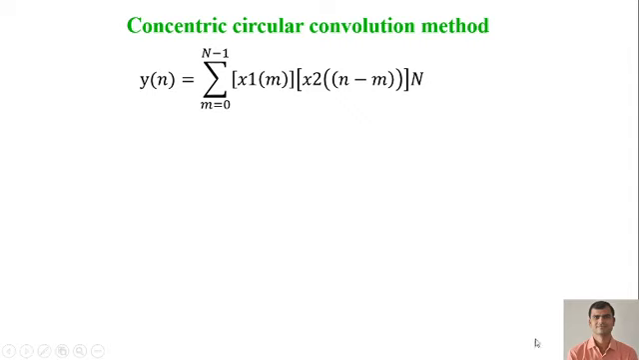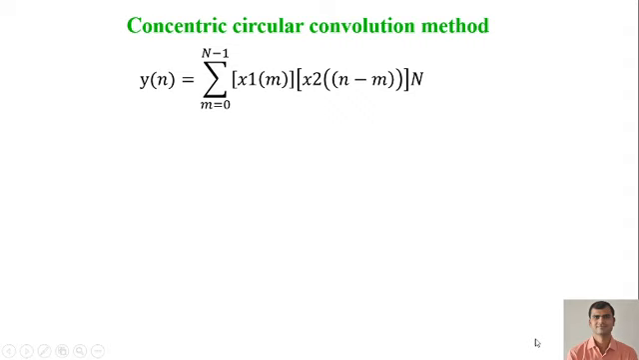Good morning, friend. In today's lecture we will see the concentric circular convolution method. The number of convolutions required for a circular convolution is equal to the order of the period. Now, when x of n is circular convolved with h of n, it is given